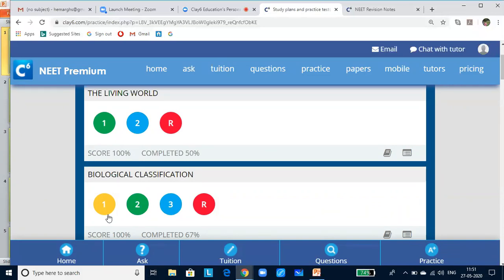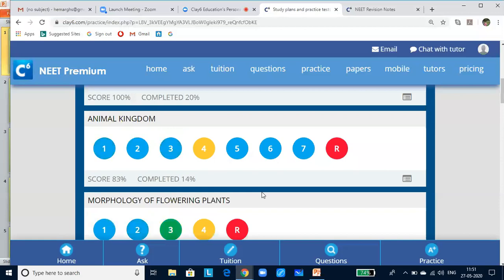You might have started the test and not been able to answer the questions, due to inadequate practice, or you lack the understanding of the concepts, so you might learn the concepts and get back to the tests again. And you see here, the number of tests increases depending upon the complexity of the text material in the NEET exams.